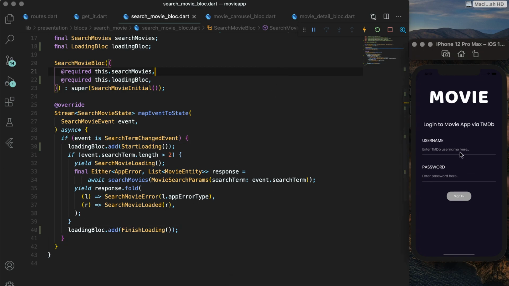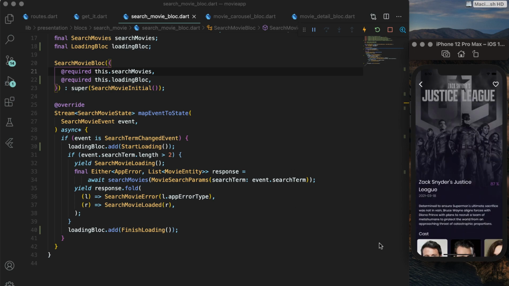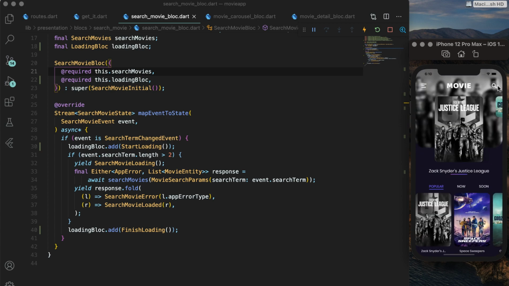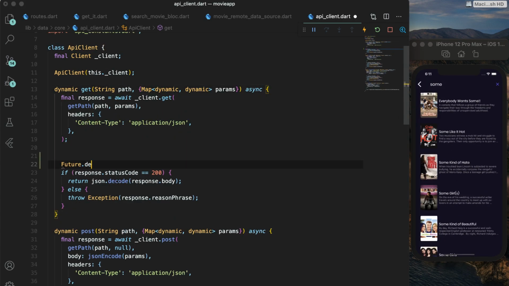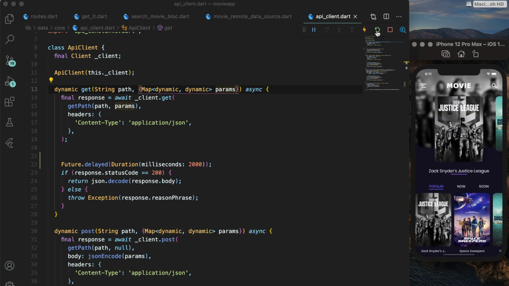After adding these statements in all the three blocks, when you run the application, you will see the loader for a very small duration. You can add a delay in the client.get method to see the animation for a larger time. After adding a delay of 10 seconds, we can see the loader completely running from start to the end.